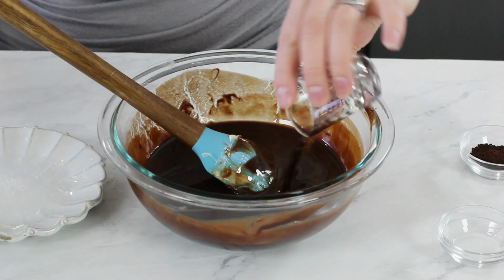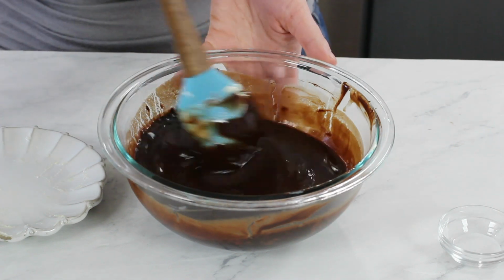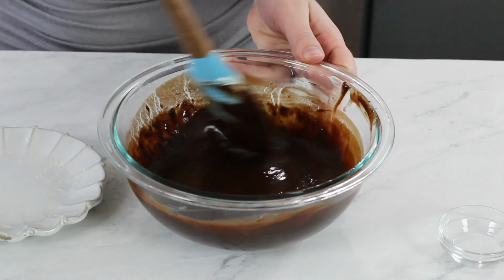Once that's melted, we'll stir in 1 teaspoon of pure vanilla extract. And I also like to add a teaspoon of instant coffee. This is optional, but it's not going to make your cake taste like coffee. It's just going to really help bring out that rich chocolate flavor. We'll stir these together. Now we'll set that chocolate mixture aside to cool for a couple minutes while we prepare